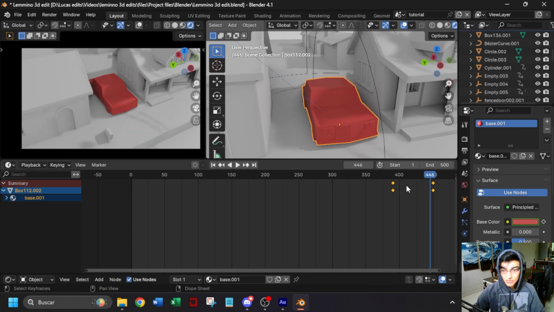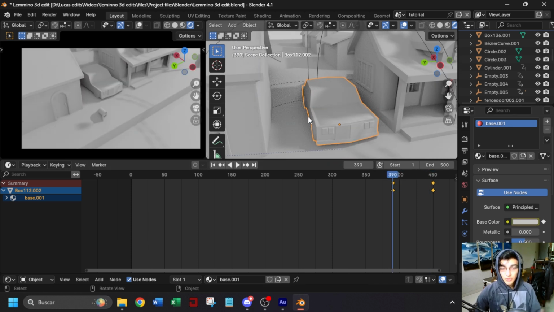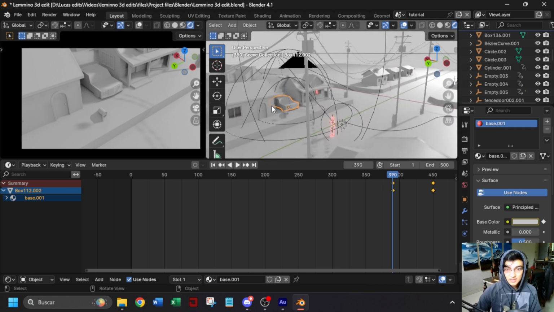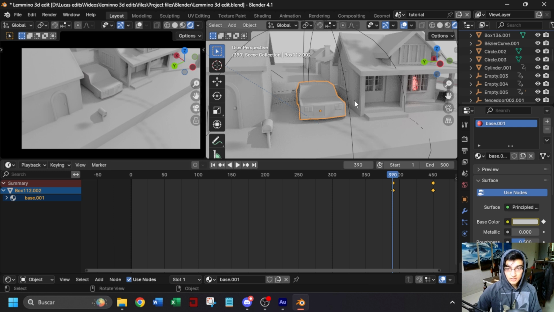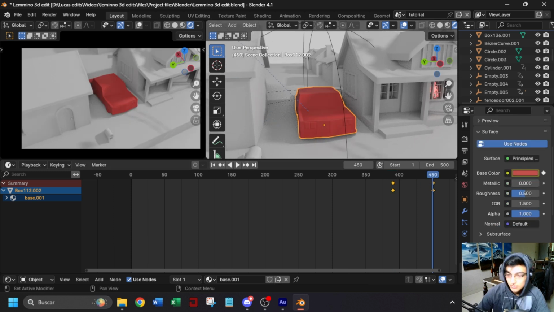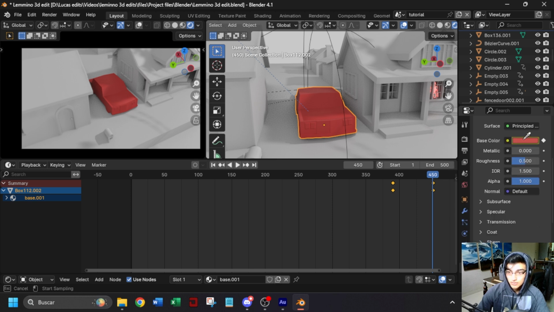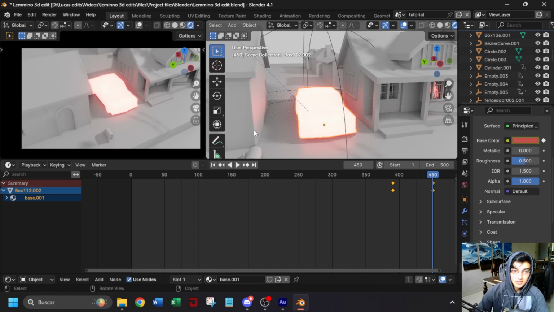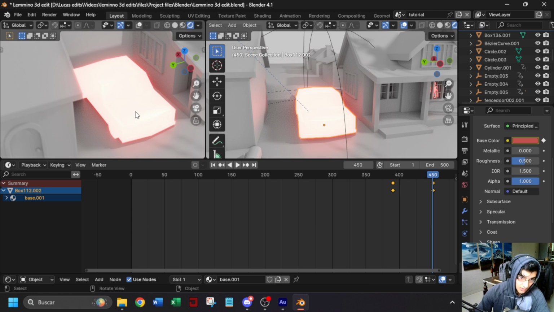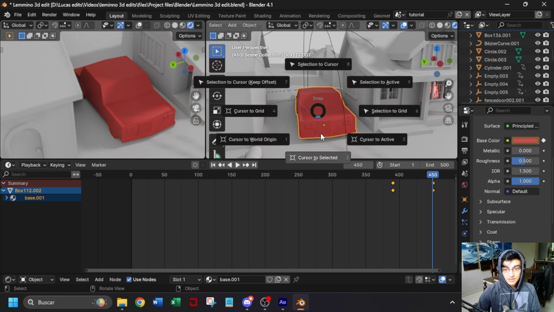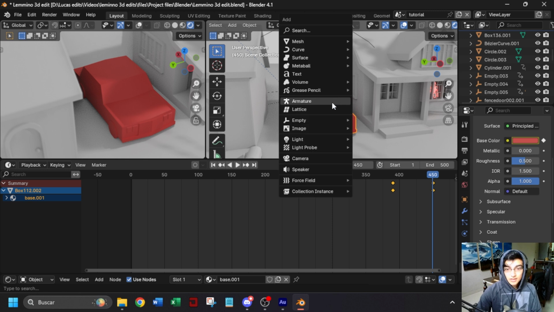So it turns to red, and now we want this car to make the same glow as the cylinder, because let me show you, if I just increase the emission, it won't look that good. So yeah, it's going to lose the details of the car, and the car is going to turn to something like white. So yeah, I don't want that. So I'm going to select the car and press Shift S, cursor to selected, Shift A, and I'm going to add